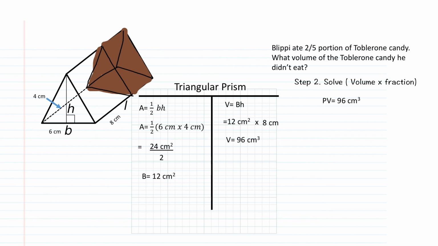Volume of 96 centimeters cubed times 3/5 can also be written as 96 over 1 times 3/5. Pause the video and try to solve this one. Okay, 96 times 3 is 288 and 1 times 5 is 5. 288 divided by 5 gives you a volume of